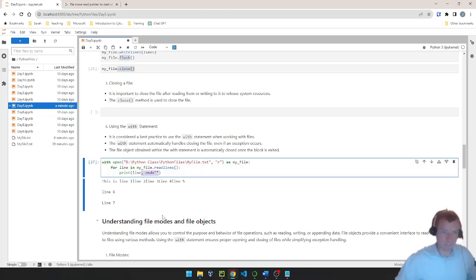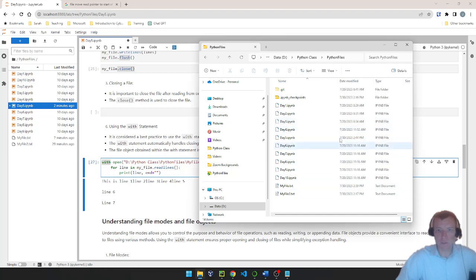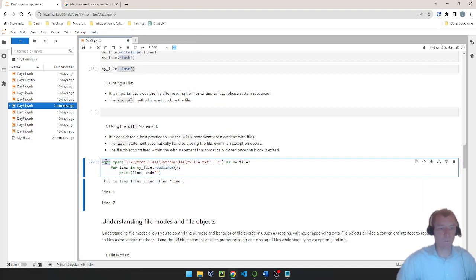The other thing I want to show you, since I used the with open, as soon as this block of code ran, it leaves the scope of the with statement and actually closes the file for us. So if I go to our folder here, I can actually delete this file, no problem, because it's no longer controlled open by the Python interpreter itself. So whenever we use the with, it's going to automatically open the file in read mode in this case, since we told it to do read mode,